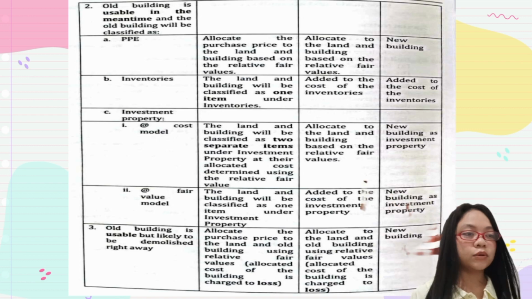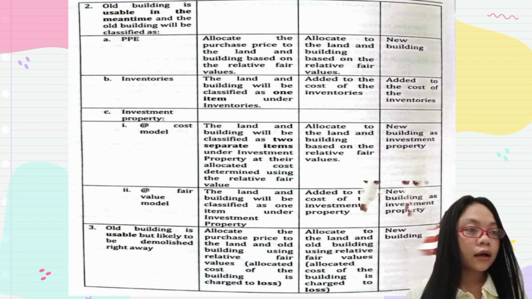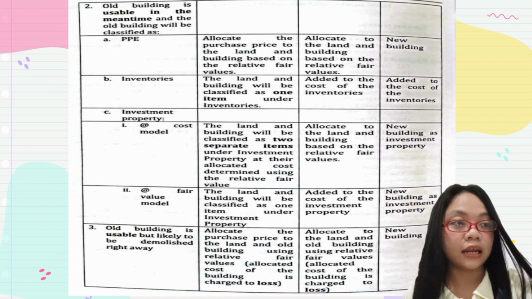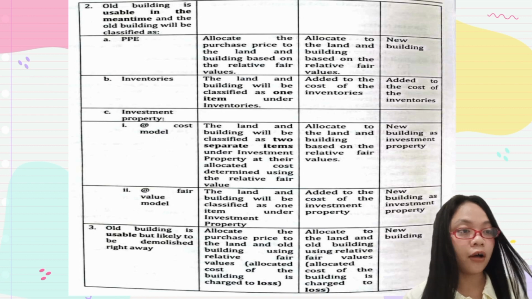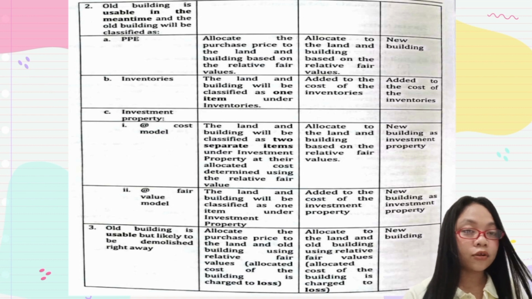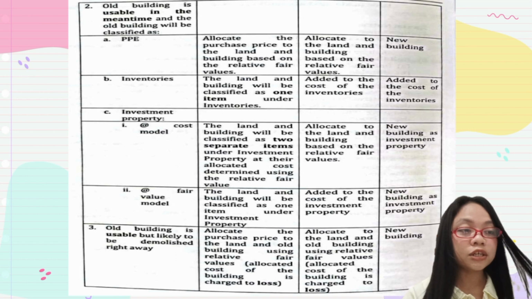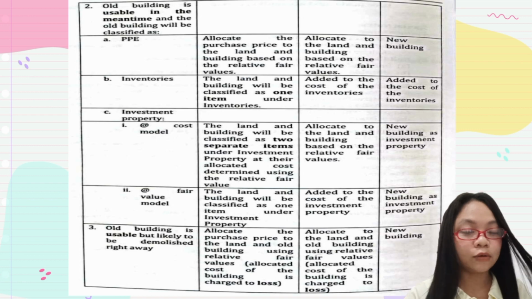Another situation is when the old building is classified as investment property at cost model. So, cost model meaning historical cost minus the depreciation. Ang purchase price treatment ani would be, we will split the purchase price between the land and the building, and each would be recorded separately based sa ilang fair values. Ang treatment po sa other costs or their common costs will be similar to the purchase price na i-allocate po nato ang additional cost between the land and the building based on their fair values. For the net demolition cost, if there is a new building being constructed, ang cost ani would be treated as